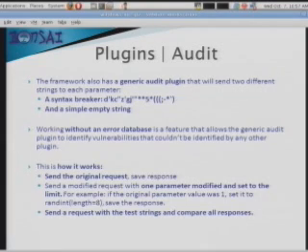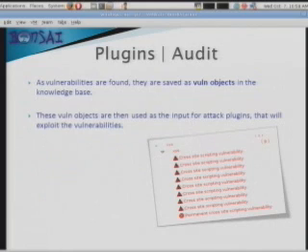Then we send ID equals and this syntax breaker, and we save the response. And then we compare the three of them. Based on some logic, we say, okay, this might be an error, or this might not be an error. And that's the way this plugin works. So basically,